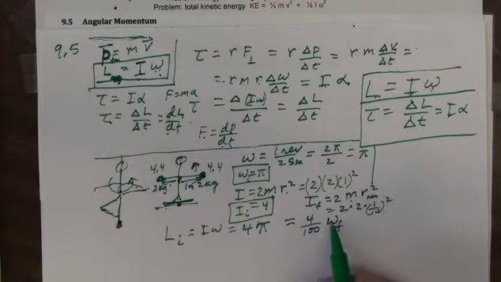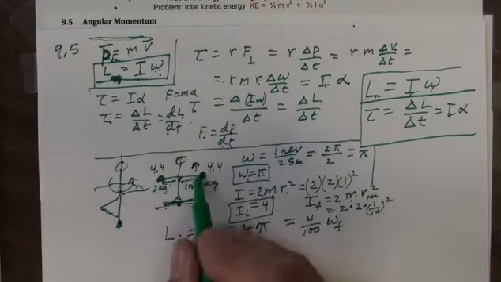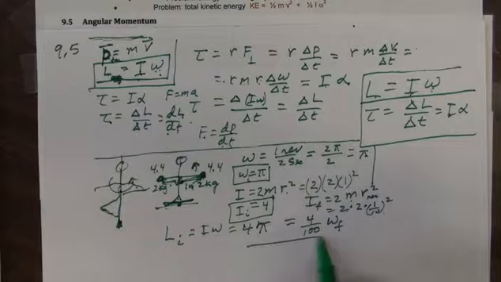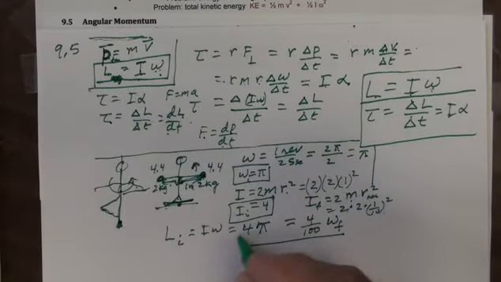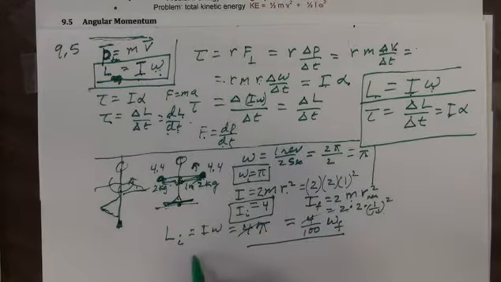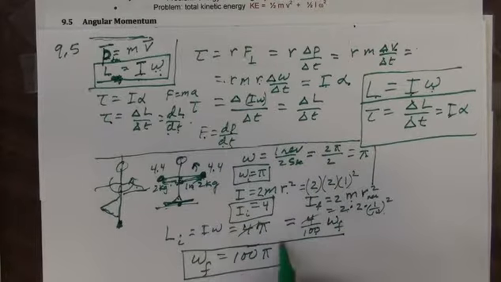Well, we don't know what omega is, but we're able, because we know how these masses are moved in, we got these masses real close to the person's chest, just 1/10 of a meter away. And if we can neglect the person, we know that this equation has to work. Well, what does this equation say? Well, the 4 is going to cancel with the 4, and our final omega is going to equal 100 times pi. You're going to spin at 100 times your previous angular velocity,